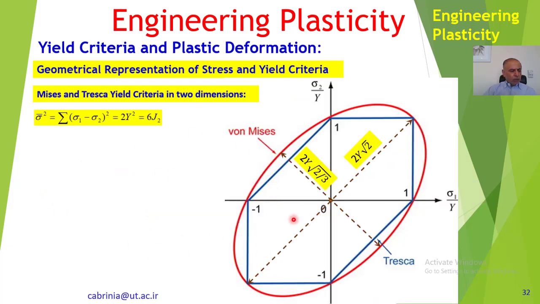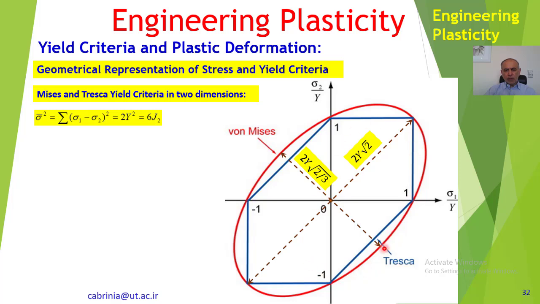Now we could project the three-dimensional space into the pipeline, so we get 3 axes. But if one of the stresses is 0, for instance here sigma 1 and sigma 2, we have normalized it, divided by Y, they are normalized, dimensionless, and sigma 3 is equal to 0, so we have only 2 axes. So we say this is a two-dimensional stress space, and we could work out how the values of stresses and yield,